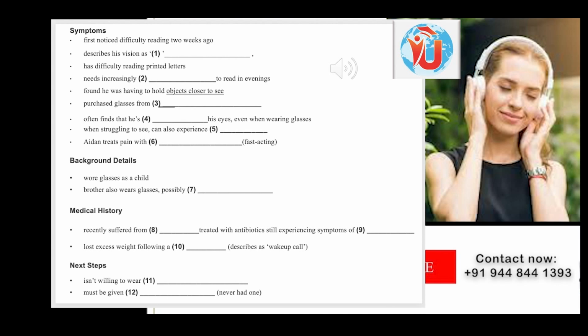Hi, Aidan. I'm Dr. Solkeld. Could you start by telling me about what's been going on with your vision? Sure. Well, I guess it must have started a while ago, but I didn't really notice it properly until about 2 weeks ago. I was working in my garden and I noticed that I was having a hard time reading the instructions on the gardening products that I just bought. I normally stick to the one I've been using for years, but I thought it'd be nice to try something different. Anyways, it kind of felt like everything was fuzzy around the edges and I just couldn't see the letters